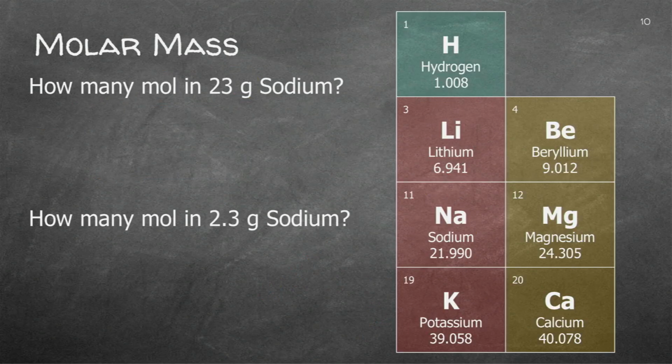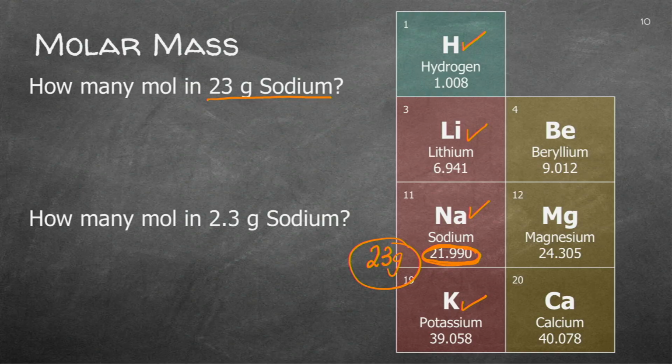The question: how many moles in 23 grams of sodium? If you have a look at your periodic table, you've got in group 1 hydrogen, lithium, sodium, and potassium. The periodic table I've got on the screen signifies 21.99. The one you get probably in the exams will have a different number to that. It is usually 23 grams, but it doesn't really matter. You use the number given to you in the periodic table. Let's use the 23 because that's usually in your periodic table.